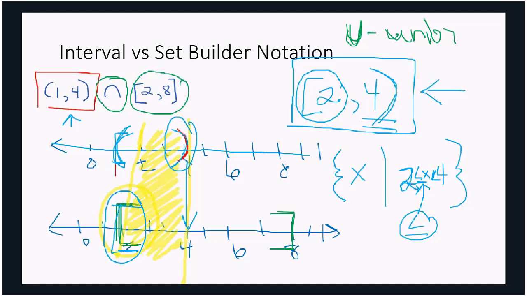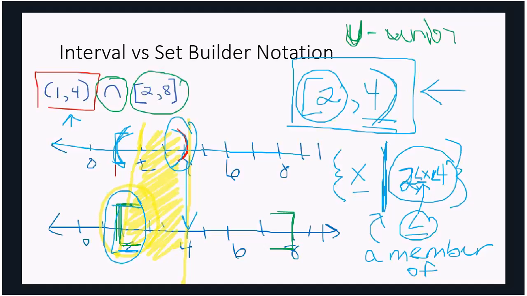You'll see that there's a big line here that separates the unknown x from the rest of the expression. What this long line means is a member of. So x is a member of this set here. And then we designate what that set is, which is where x is between 2 and 4, but 2 is part of the set, so we say x is greater than and equal to 2, but x is going to be less than 4 because 4 isn't part of the set.